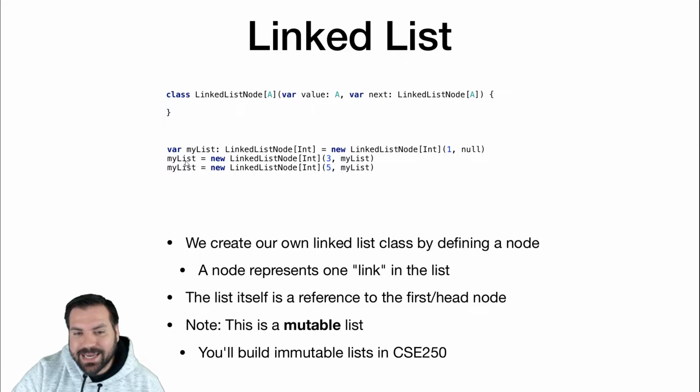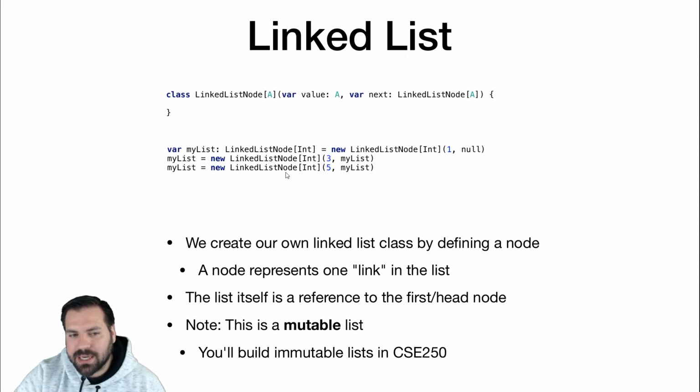Now I'm going to reassign. Again, does it feel weird to reassign? We have our power back. My list, we're going to reassign to a new reference for a new linked list node that we're going to create containing the value 3. And next is going to be a reference to my list, the list that we created on this first line. So now my list is reassigned to a list that has the value 3 and a next of a node with a value 1, which has a next of the value null. So now my list stores the list 3, 1.